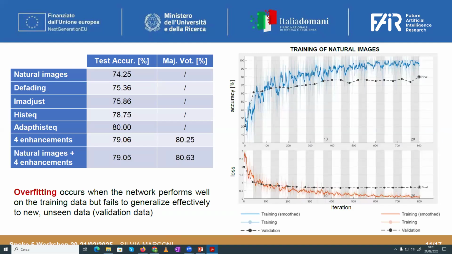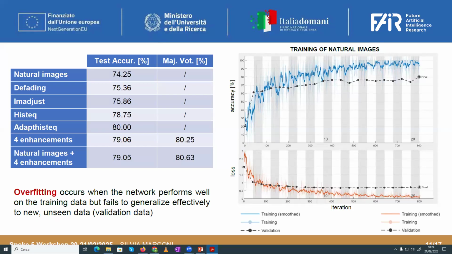We observe that if we apply the enhancement, the accuracy increases. In particular, we reach more than 80% if we consider the 4 enhancements together, or the 4 enhancements and the natural image. But if we look at the right panel, we see that all these experiments clearly suffer from overfitting. Overfitting occurs when the network performs well on training data, the blue line, but fails with the validation